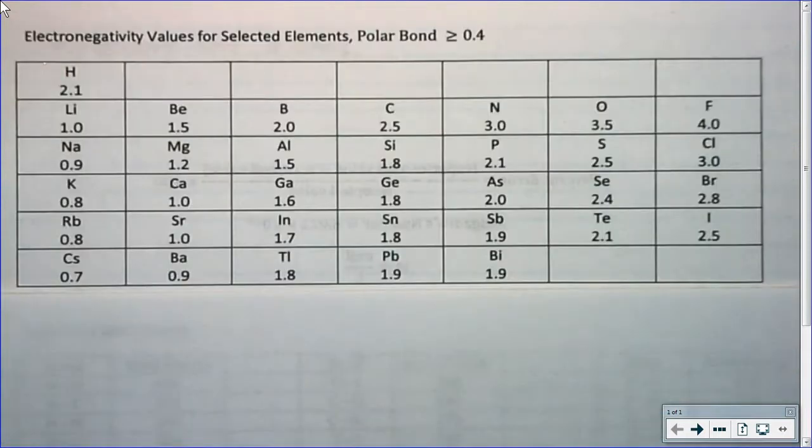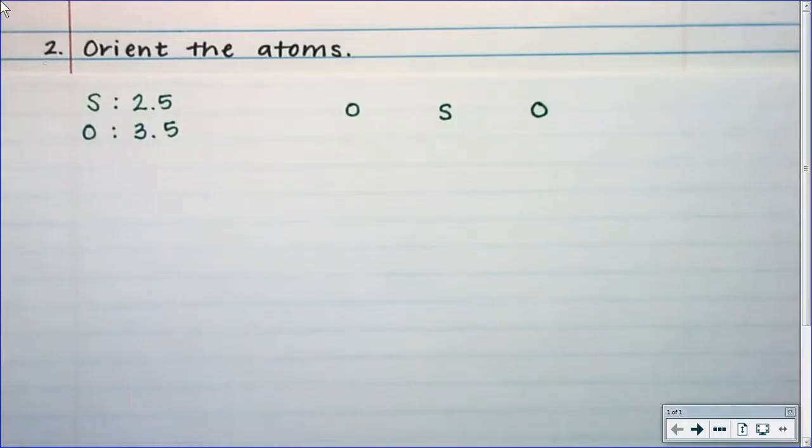We now need to orient the atoms. Remember, we have to look at the electronegativity values. Here's our chart once again, and we can see that sulfur is 2.5 and oxygen is 3.5. So let's get that down on our paper and move on. As you can see on my piece of paper, I wrote down my electronegativity values, just to be safe. The least electronegative goes in the middle, hence why sulfur is between the 2 oxygens. It really doesn't matter how you orient the oxygens around the sulfur, as long as they're as far apart as